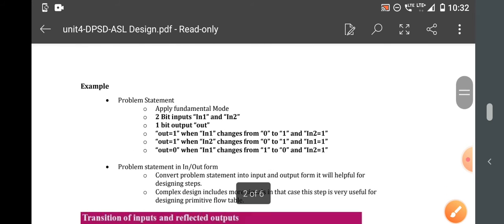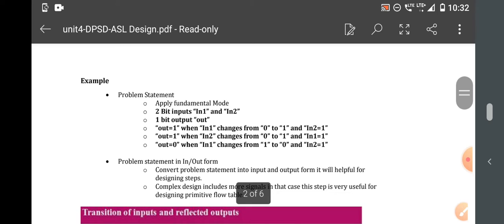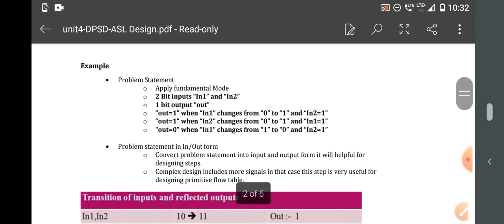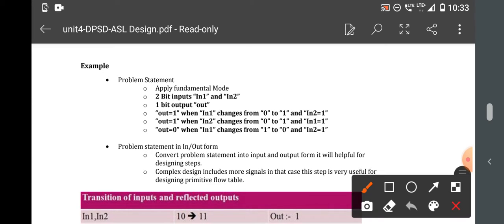So we'll take one problem and try to analyze it. The first is the problem statement. Clearly study each and every word, it is quite important for us. In the problem statement given, you're going to use a fundamental mode application. Therefore, it is made up of a delay element in the feedback network. It's a closed direct delay.